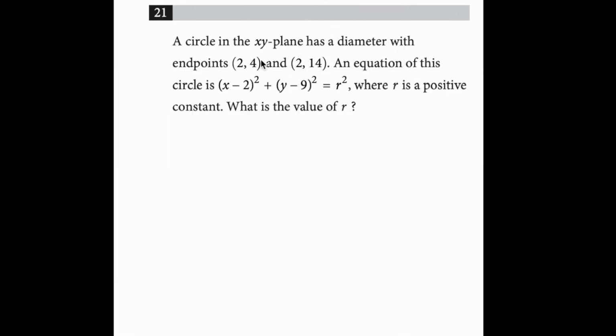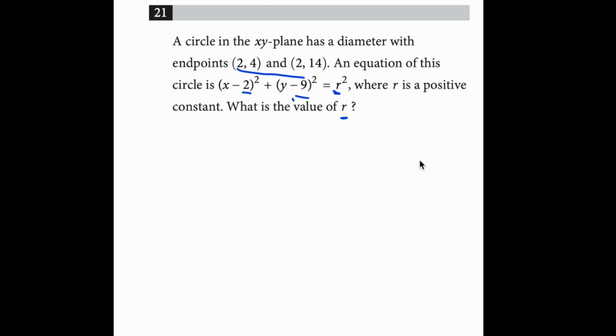A circle in the xy-plane has a diameter with endpoints (2, 4) and (2, 14). An equation of this circle is x minus 2 all squared plus y minus 9 all squared equals r squared, where r is a positive constant. What is the value of r? So this is the equation of the circle, and this is the center (2, 9),